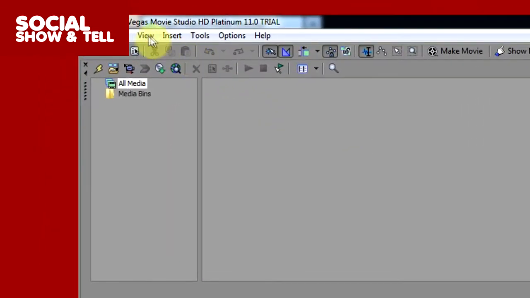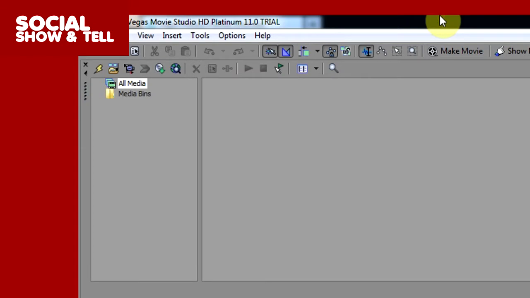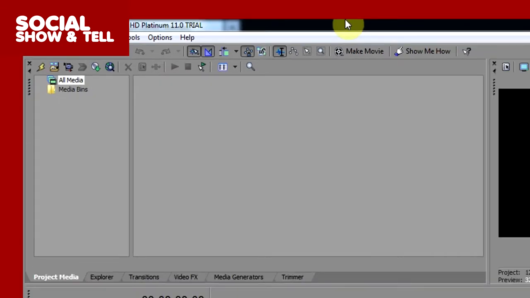And then you can also, under View and Window Layouts, save different layouts here. So if you have more than one person using the software, you can each save your own layout, so you can come into the software and have it set up just the way that you like it. Now if we go back here into the docking area,